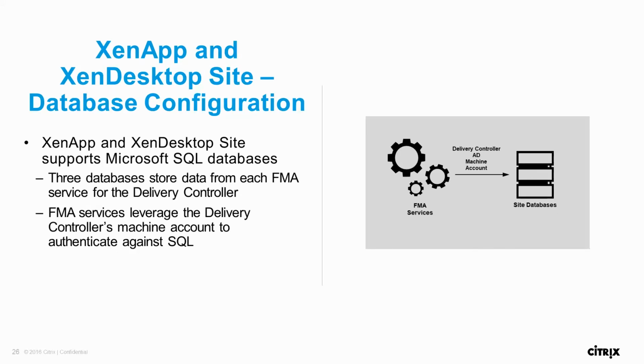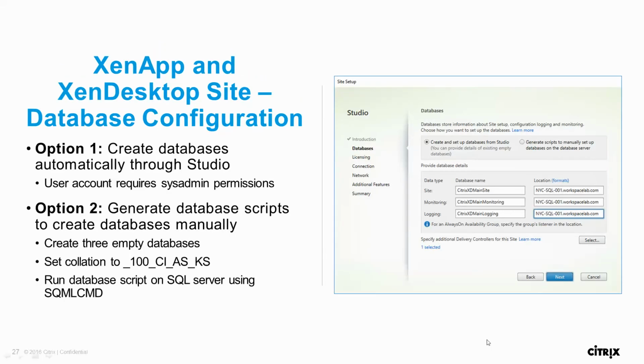Next, guys, basically XenApp and XenDesktop site database configuration. Yesterday we created the SQL database, right? In SQL, three databases will be created. Each database plays a different role in managing the Citrix services. These are the three databases: one is the site database, the second is the monitoring database, and the third is the logging database. At present, we are creating all three databases on the same delivery controller only. I'm not specifically creating a separate SQL server, but in a real-time environment, the SQL server is separate.